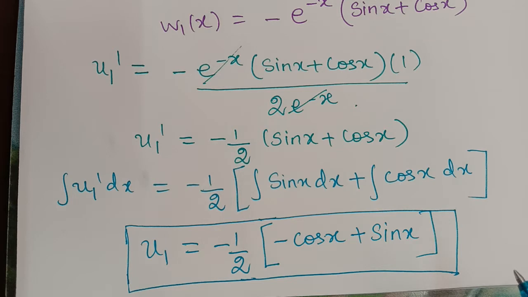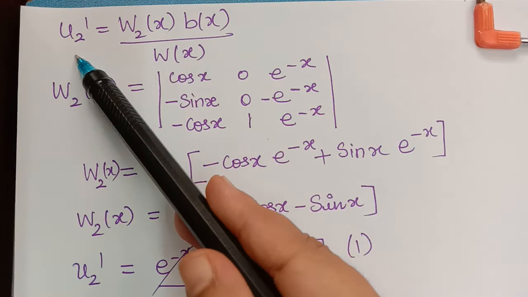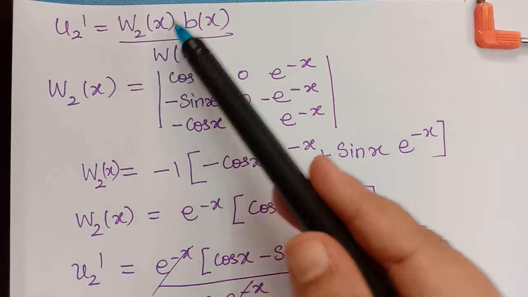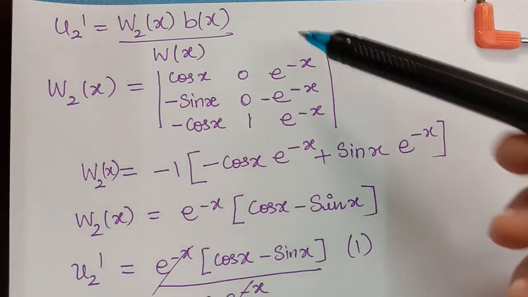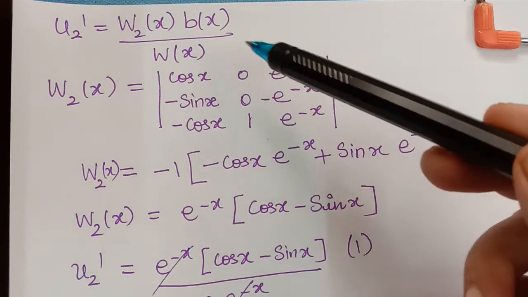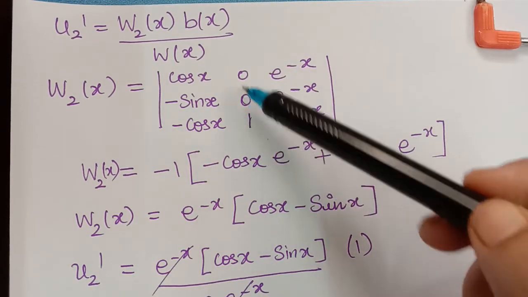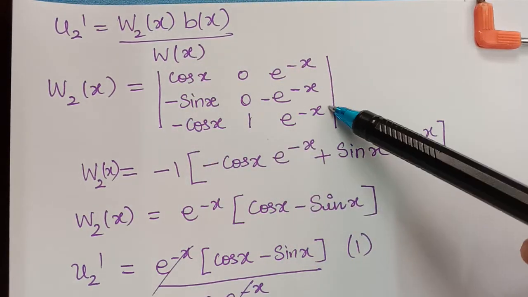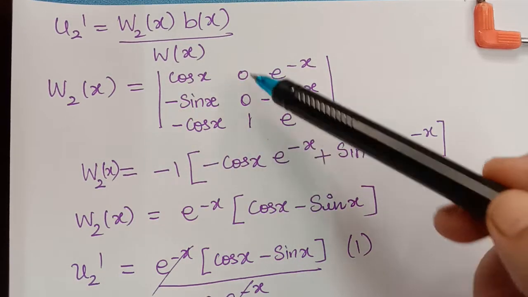In a similar manner we have to obtain u2 and u3, which I will show you, but you just try the workings, okay? So now here we have evaluated u2 dash, which is equal to Wronskian 2 of x times b of x by Wronskian of x, where W2 of x is the Wronskian determinant where the second column alone is 0, 0, 1. Remaining is all same. So when we expand this determinant with respect to this one, it is plus